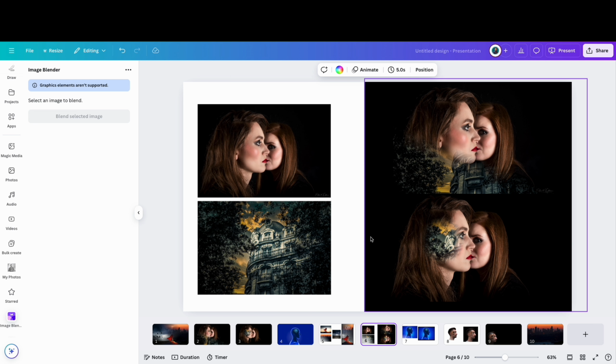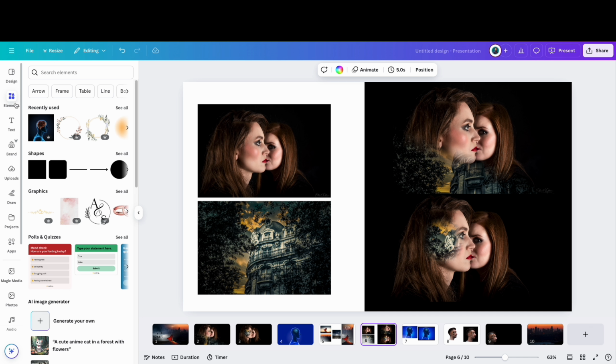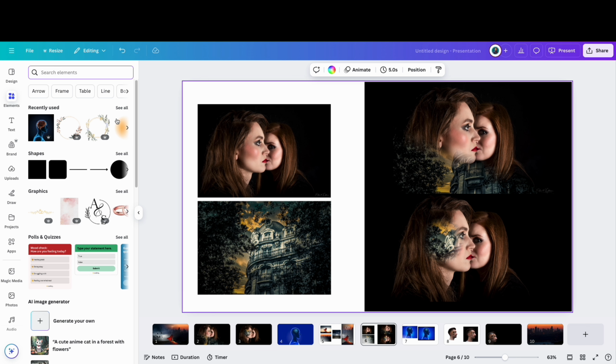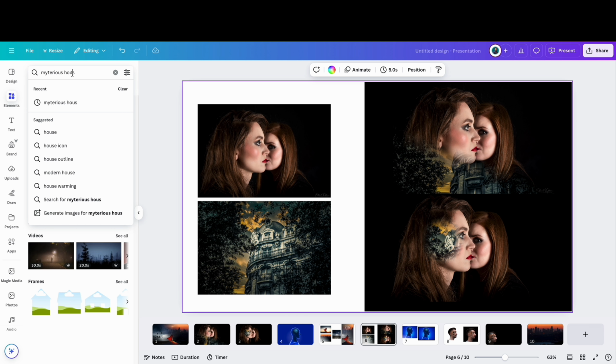Okay. So here I was looking for something with a horror theme, the horror haunted house or something I should blend with the image. The thought process was the horror theme that I want to create using the blend tool. Then I was searching for the images which are mystery images. So I was searching for the mystery house. You can see here